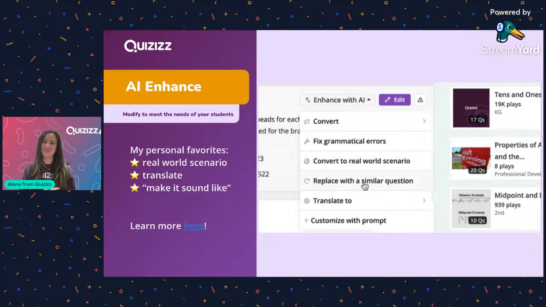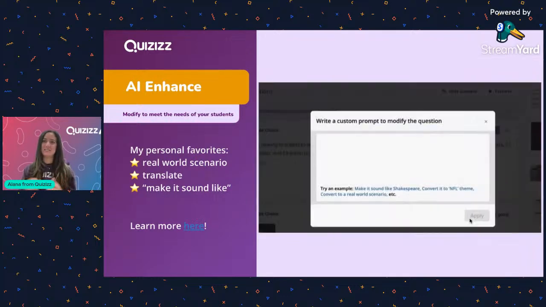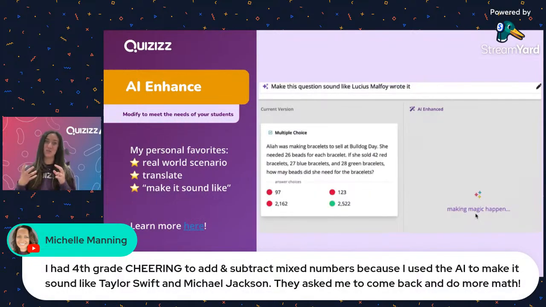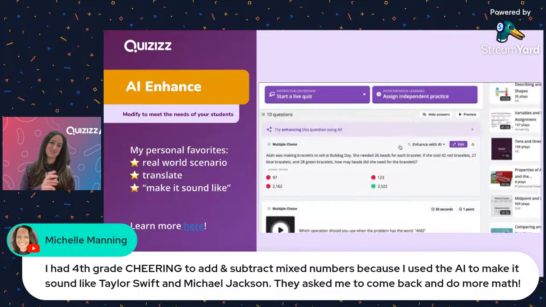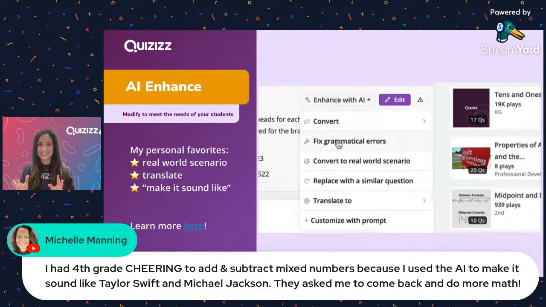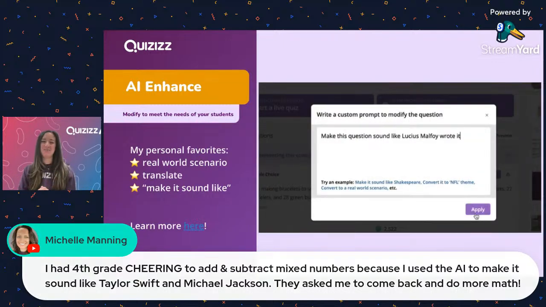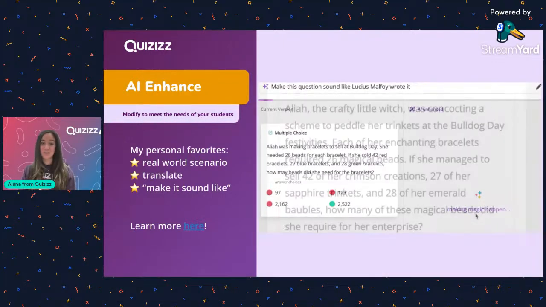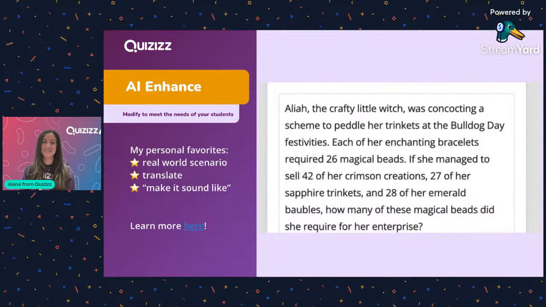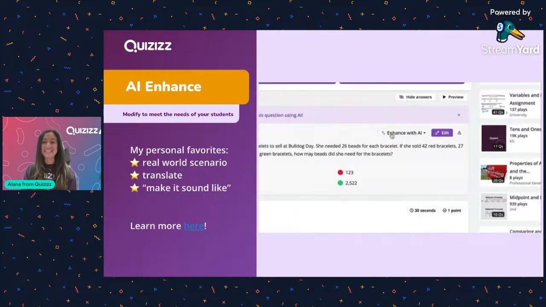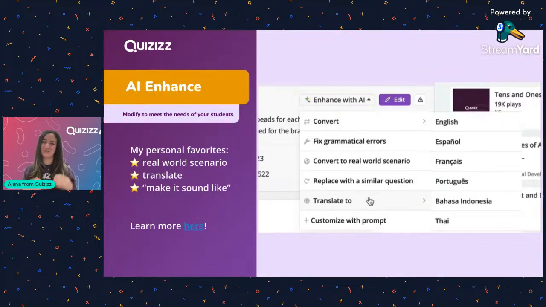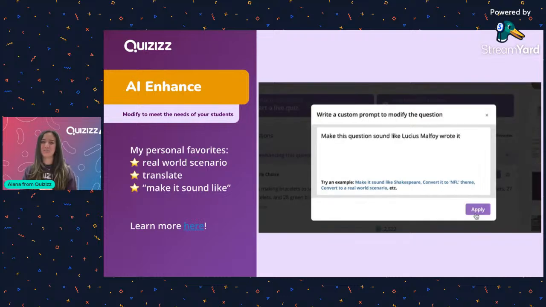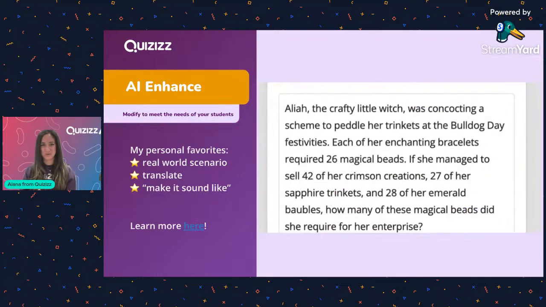So I really love this because, especially if you have students, maybe they're having difficulty with the content, maybe they're a little reluctant as well, and you need a little bit of extra engagement, being able to make your assessment sound like Dwight Schrute said it is automatically going to capture the attention of like any 8th grader. I know it did for mine. Or you can make it sound like Yoda. I mean, Star Wars is cool. It's been cool for a while, and I've got faith that it's going to stay cool. So making it sound like Yoda could just be that little extra bit to make sure that your students are engaging with the content and you're really making that content a little bit more accessible for them.